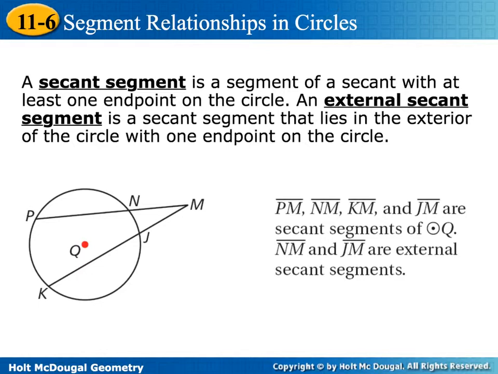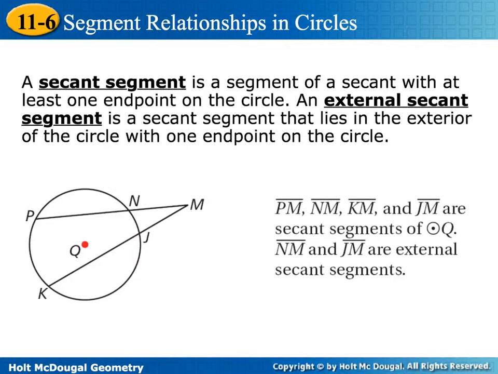So it's a segment because it doesn't continue. Notice how it's not a chord because it keeps going, but it's a secant segment because it stops. Secants normally just keep on going, but a secant segment stops on the circle. All right, so a secant segment is a segment of a secant with at least one endpoint on the circle. An external secant segment is a secant segment that lies in the exterior of the circle with one endpoint on